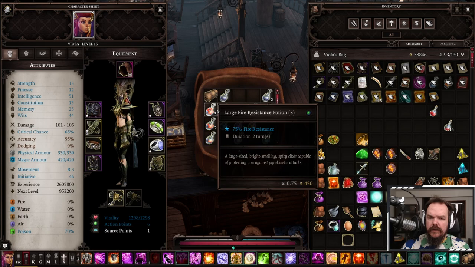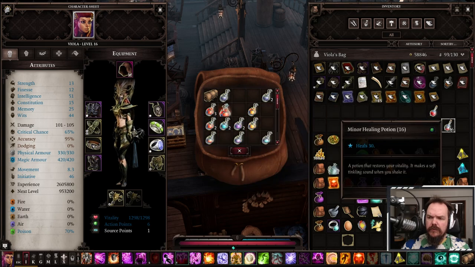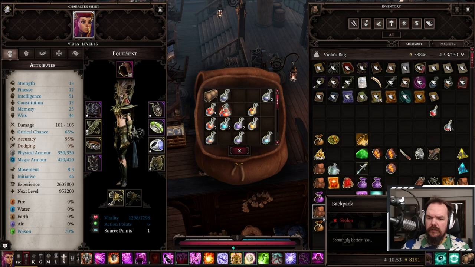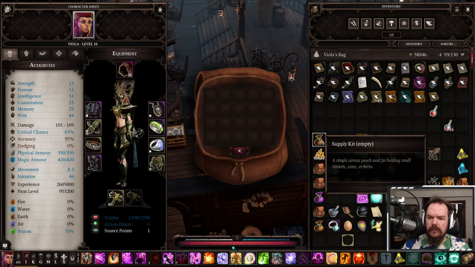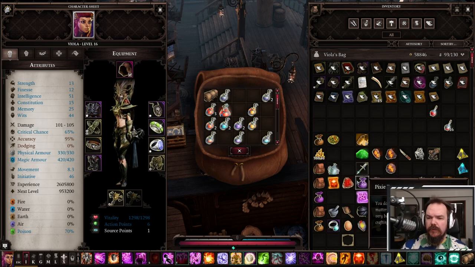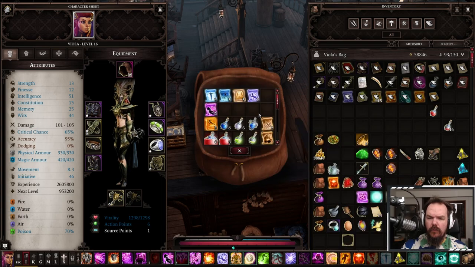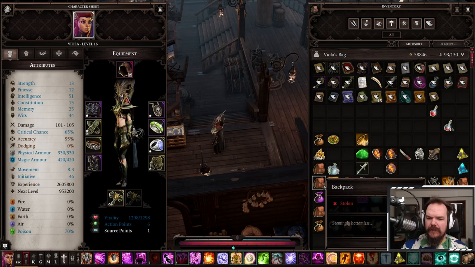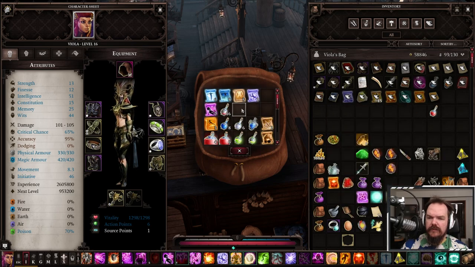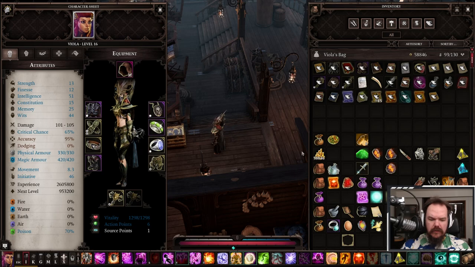Okay, those need to be. Why don't those combine together? I have no idea. It's weird. Yeah, ingredients and potions, but the gold needs to be. I don't know, why would you ever want to have separate stacks of gold? It's just strange. Okay, those